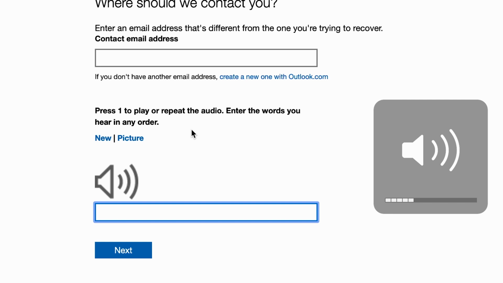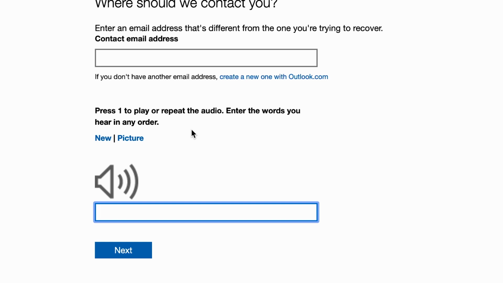Magnet. $7. Iron. Noon. And as you can see, it has just said in a few words, which you can actually type